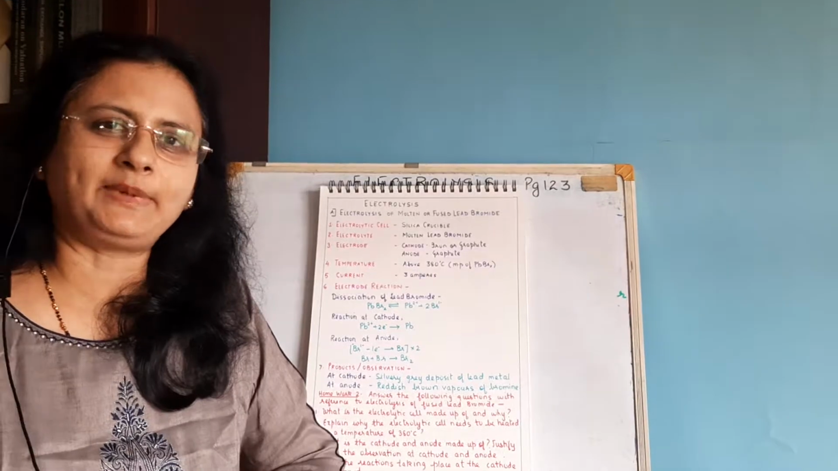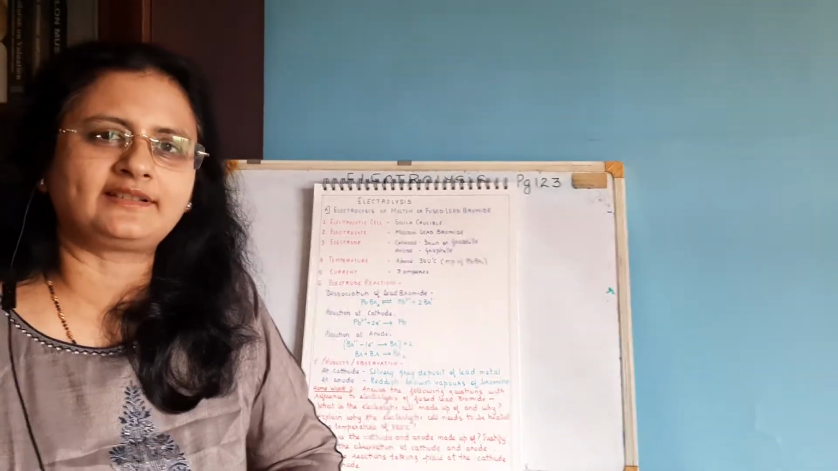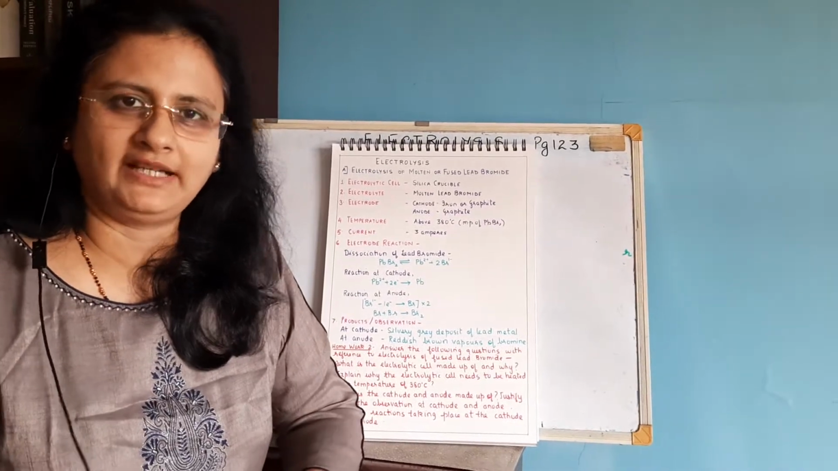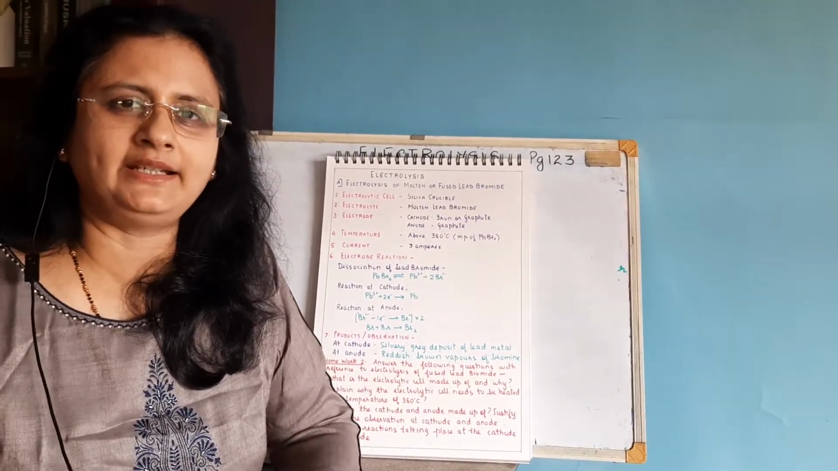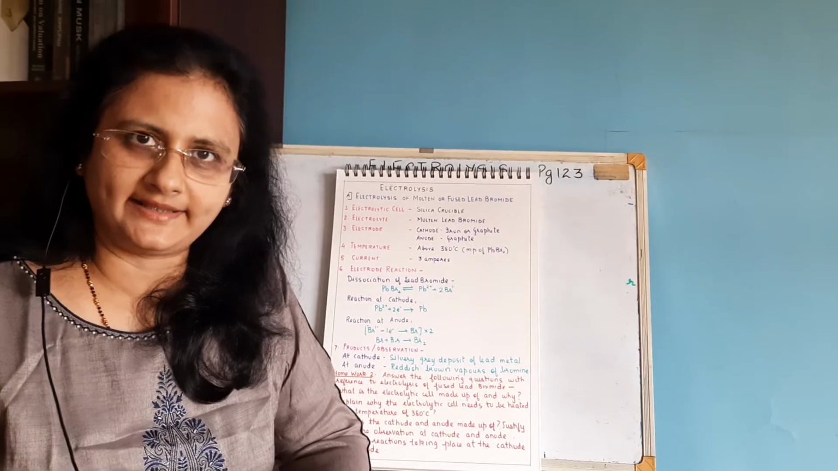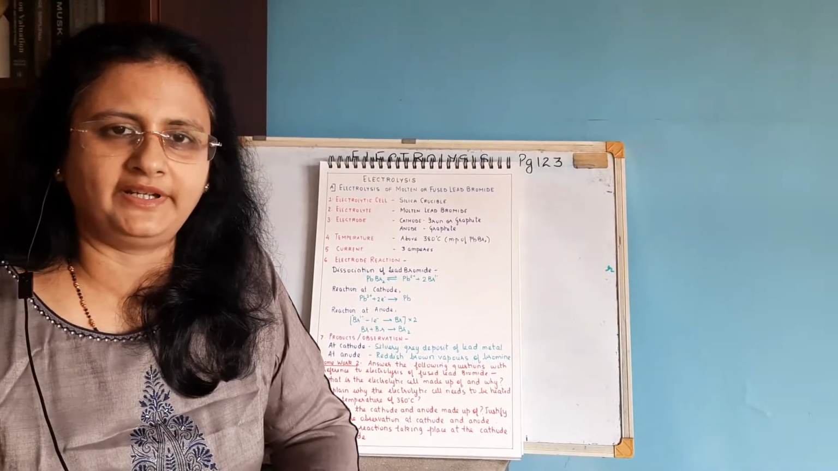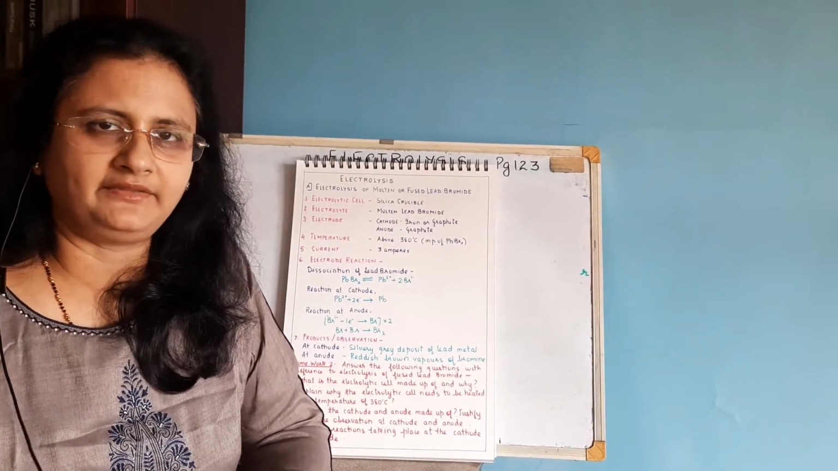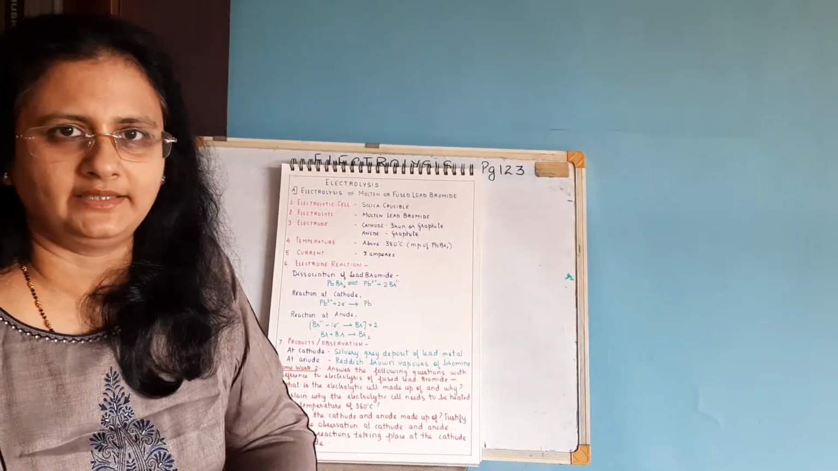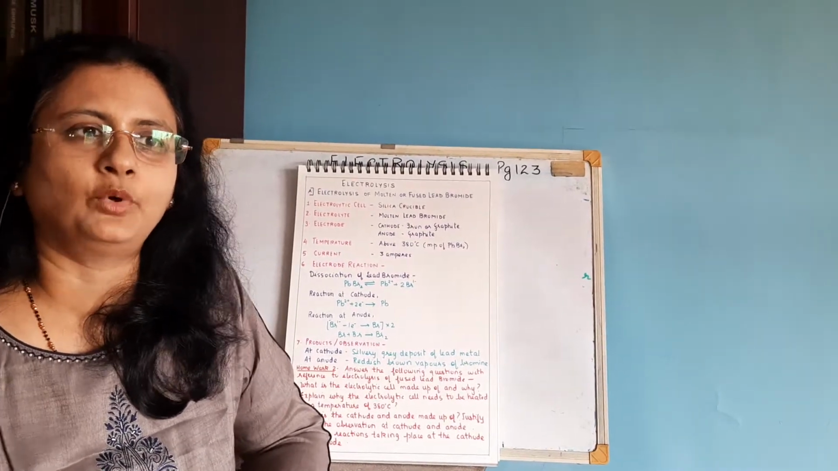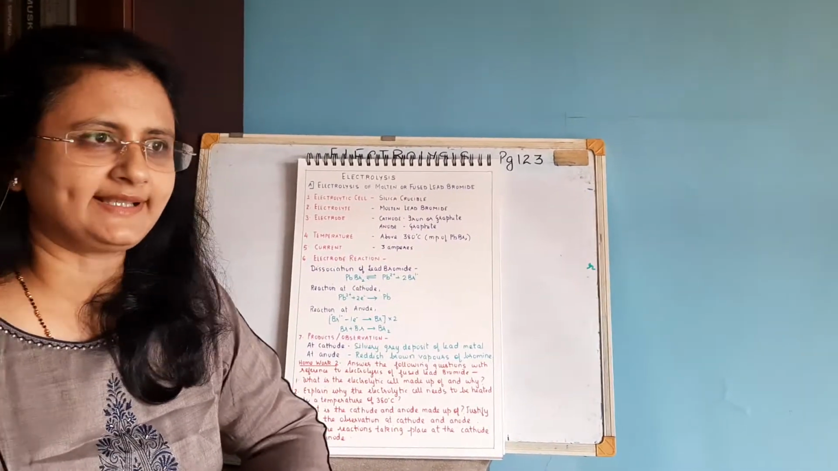Now in the next part we have to discuss electrolysis of molten lead bromide. 3 are prescribed in your syllabus. One is electrolysis of molten lead bromide, second is electrolysis of acidified water, and third is electrolysis of aqueous copper sulfate using both active copper electrode and using inert electrode, that is comparison. Now in electrolysis of molten lead bromide, as you can see here,